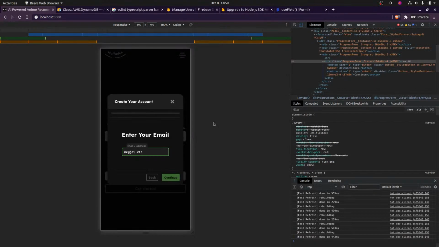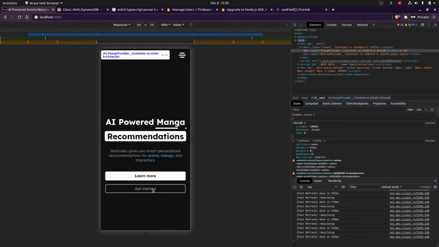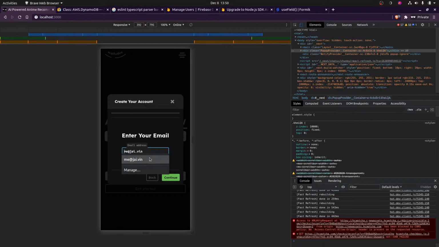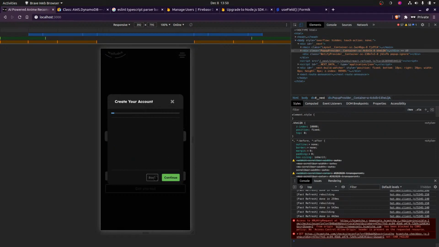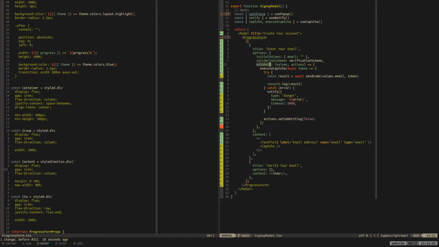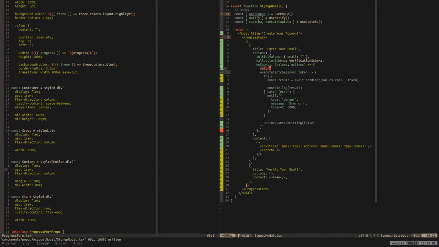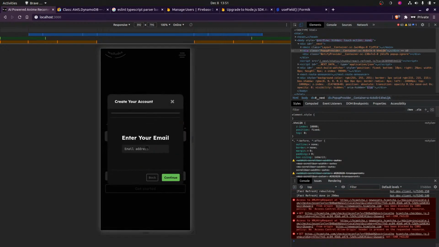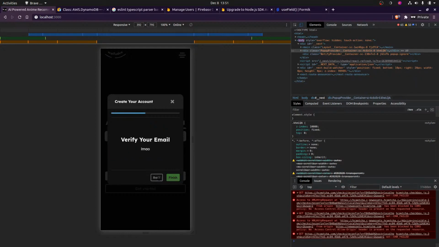Okay. Let's continue disabling this, just because it's not good. Yeah, so it does do that.